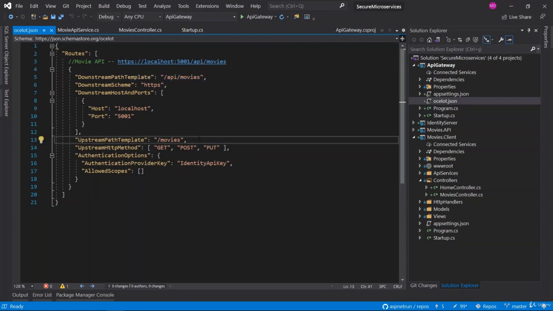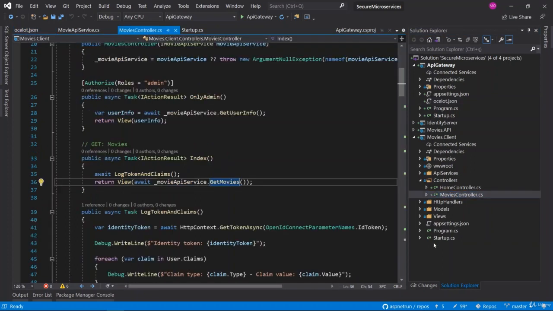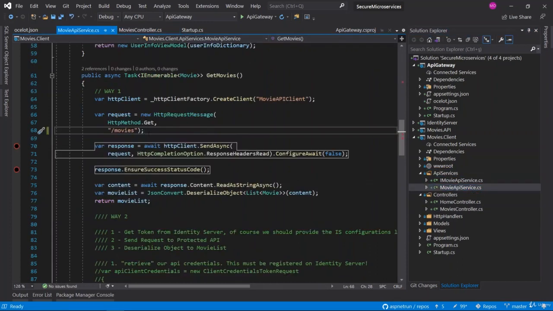That's why we should change our request path as per the upstream path template from the Ocelot JSON. It is exposing these APIs with only movies, not api/movies. So these are the client changes. We have changed the startup configuration, and we have also changed our API service implementation when preparing the get request message.